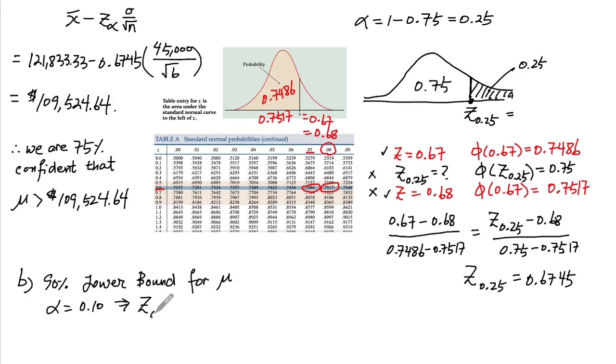And that z sub 0.10, is it going to be bigger or smaller than z sub 0.25? And graphically, you could probably already see that z sub 0.10 will be somewhere over here. Okay, that will be my z sub 0.10, which implies that the value of z is bigger than the value of z sub 0.25. If z is bigger than 0.6745, what's going to happen is our confidence level is going to be smaller than